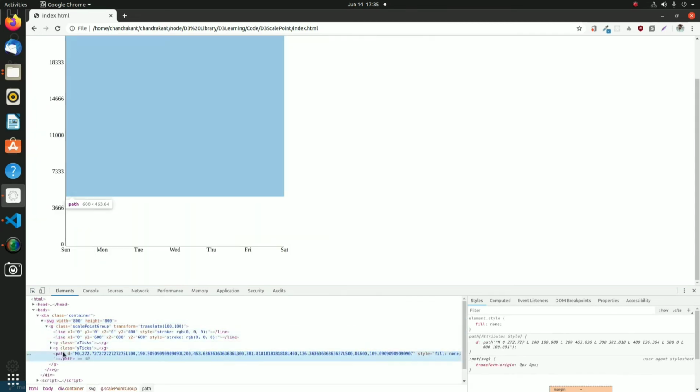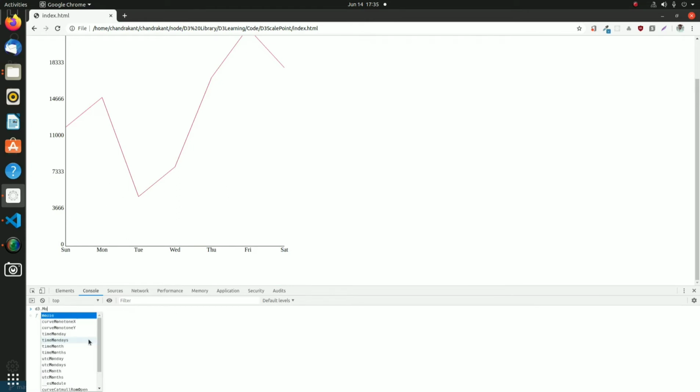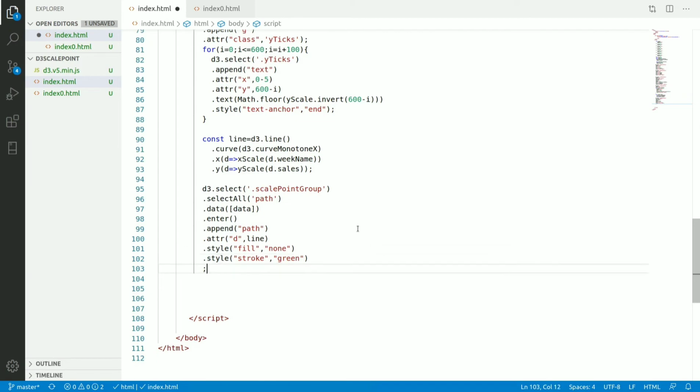See what happens here. I got the path. Now dot style stroke red, and here I need to pass d3 dot curveMonotoneX, and here dot style stroke is equal to red, and pass green, stroke green, and dot style stroke width is equal to 2 pixel.